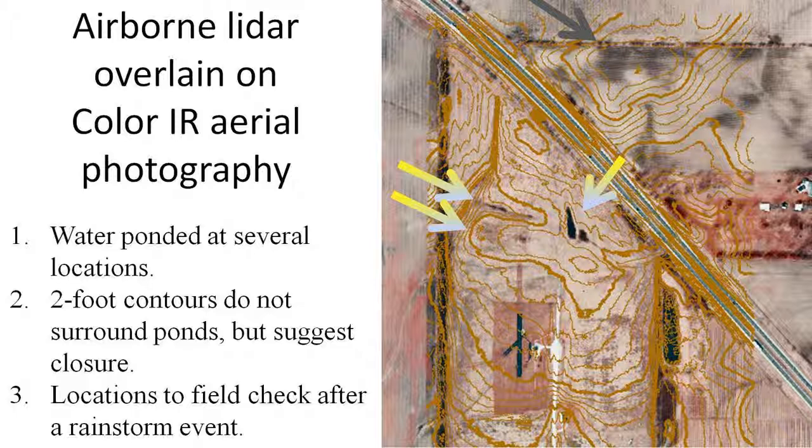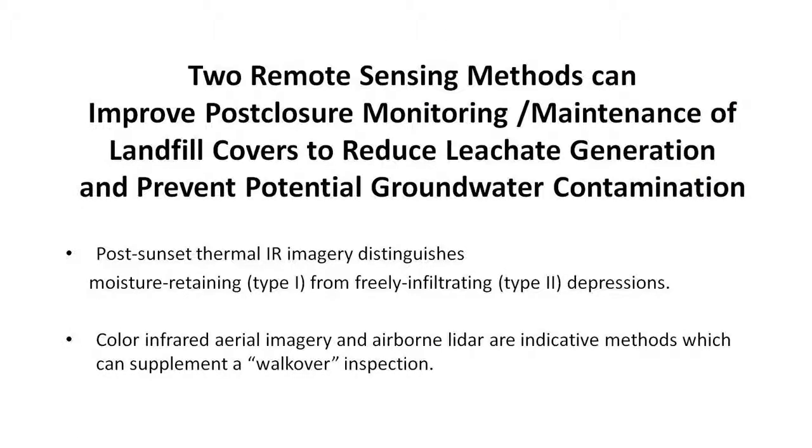If we extract contours from that LIDAR, we can see an indication where depressions have developed and water is ponded, or moist areas are occurring in the landfill cover. We can also see other depressions where water is not being ponded. That would be areas that you'd want to go out and do further checking, because those might be the freely infiltrating depressions. So we've talked about two remote sensing methods that can improve post-closure monitoring of earthen landfill covers,